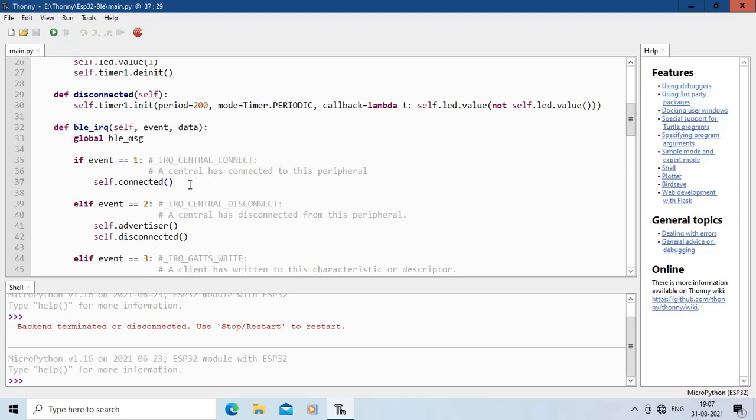When event is equal to 1, then the connection procedure is initiated by issuing the connected command. When event is equal to 2, then the disconnection procedure is initiated by issuing the disconnected command and the advertisement is started.